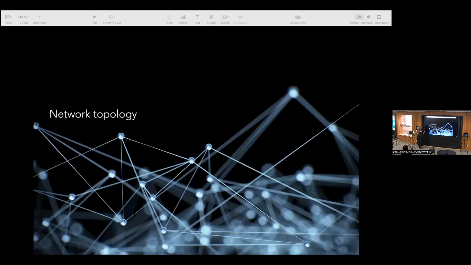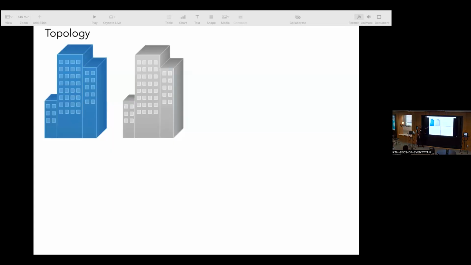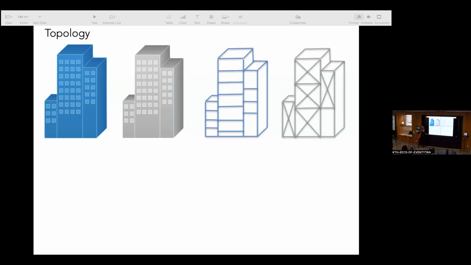Now, changing the subject a little bit to something that Peter has already mentioned before, network topology. This is something I've always been very interested in because I think it can be used to understand many things in our environment and not only our brain. To illustrate this notion, I've included here two buildings that, despite having a different color, look exactly identical from the outside. If we take a look at the architecture or the inside of these buildings, we can